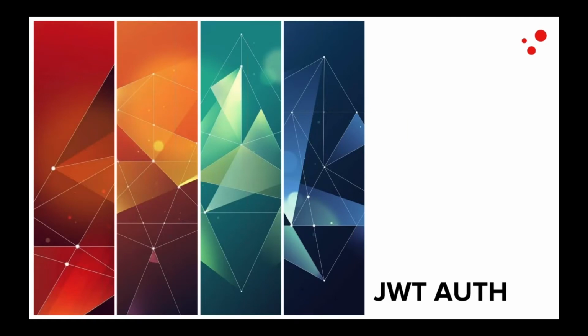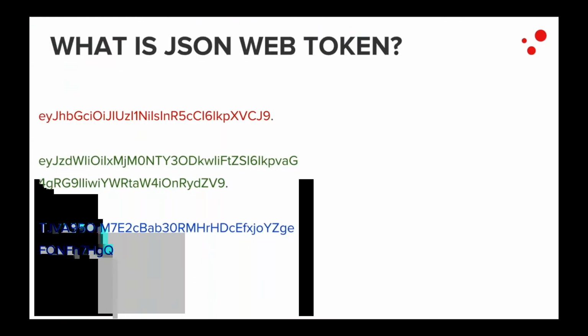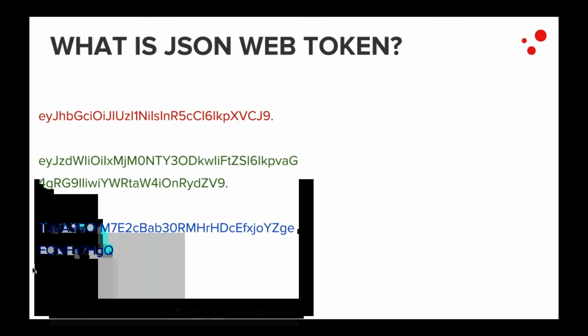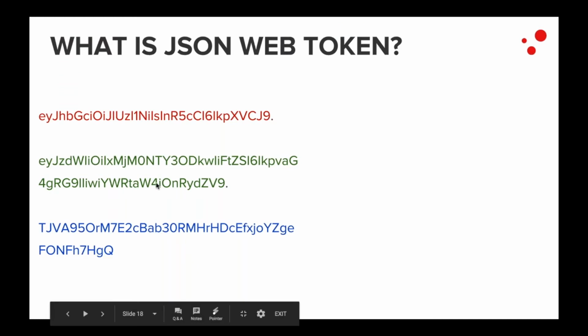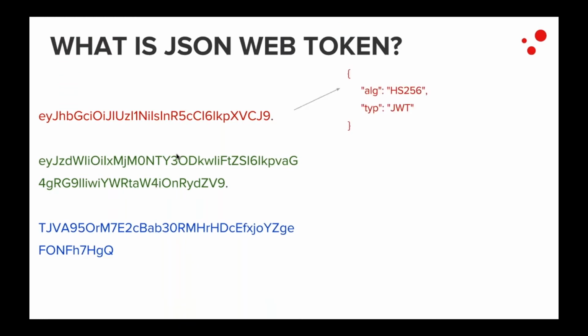Back again, one of the questions was about JSON Web Tokens authentication. So what's a JSON Web Token? It's really a unique ID divided into 3 different fields. So usually the user will present something like this to identify itself. The first part indicates the used algorithm and the type of ID. In this scenario, it's a JSON Web Token.